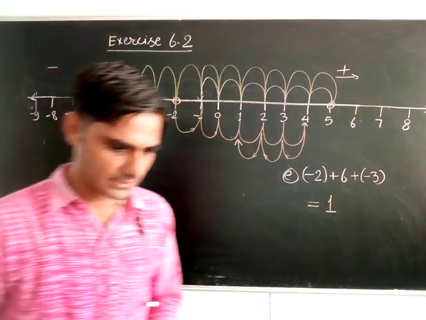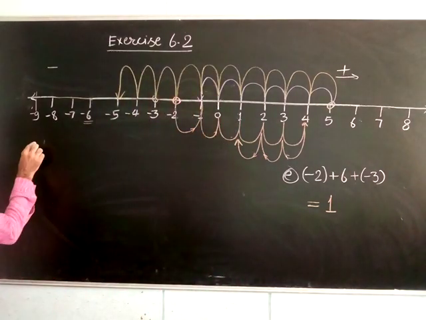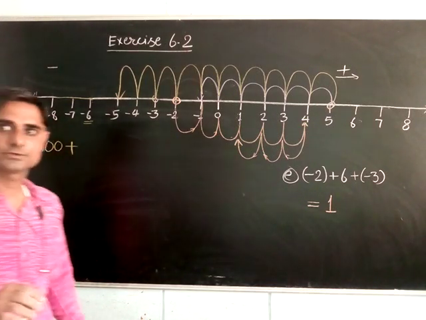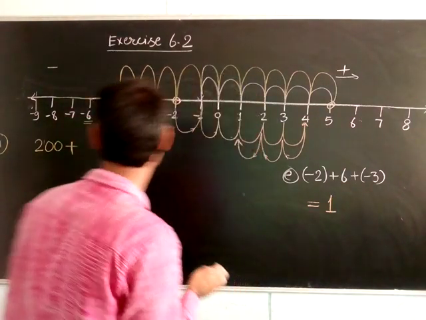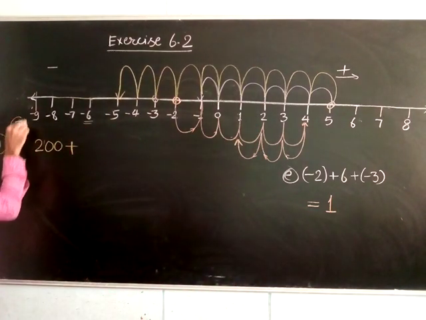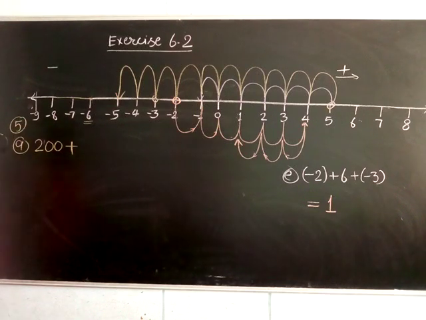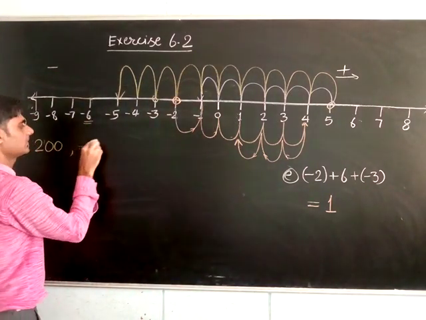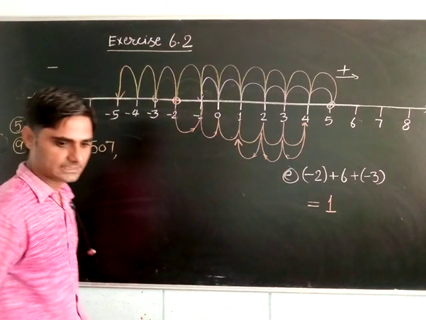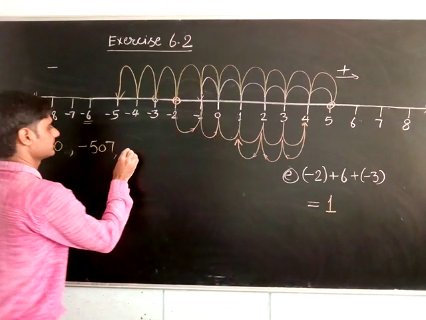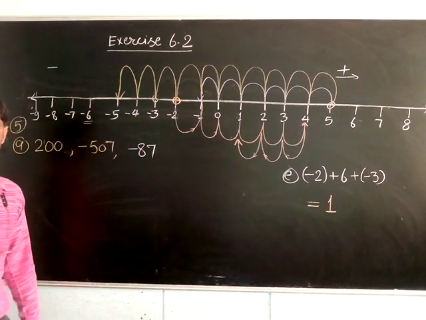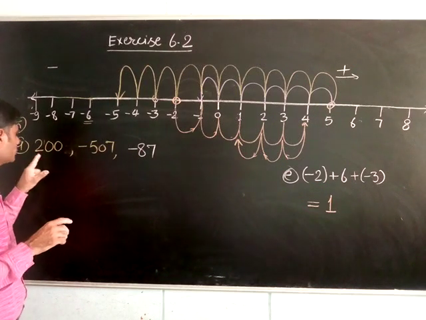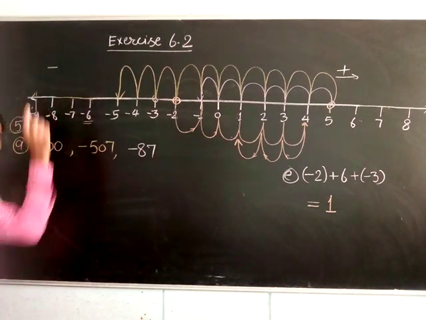थोड़ा ध्यान से देखना. First is 200 plus A. This is A of question number 5. देखो ये है क्वेश्चन नंबर 5 का A. ठीक है. 200 then minus 507 and the third is 87 minus 87. ये देखो how to solve carefully. 200 minus 500. पहले तो इसको सम करना है. क्या करना है? फाइंड द सम.